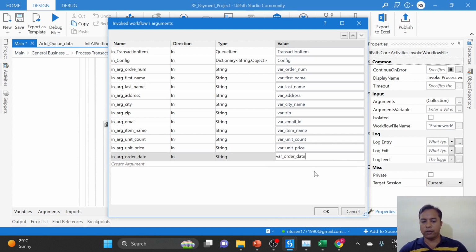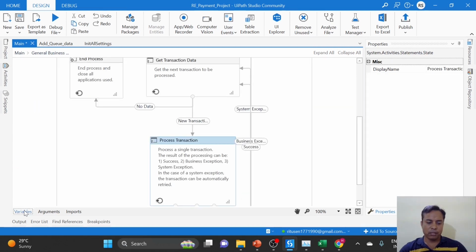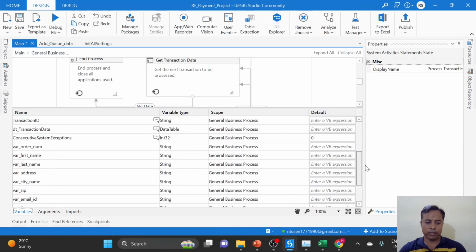Alright, so we have assigned values to all the in arguments in process transaction. I just want to take a few more minutes to explain everything. So I will come to general business. In general business, these all are the variables that you have already noticed, right? For our values, from get, where we have invoked the get transaction data,